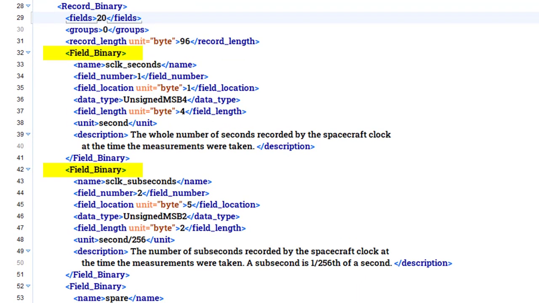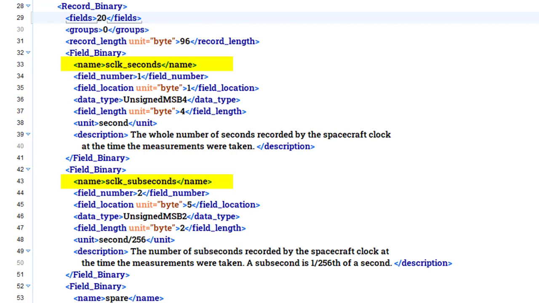Field binary details the specifics for each column in your binary table. There are several required attributes under field binary: name, field location, data type, and field length. This example includes some optional attributes as well: unit, field number, and description. Some other optional attributes include field format, scaling factor, and value offset.